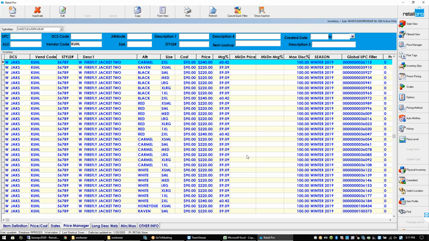So we could go in and show how you'd set up this Firefly jacket, for example, and you could do just like you've got a markdown or a compare at. And maybe, Jeff, we could just show how to put in, let's say, this product. You haven't yet sent it over to the other store, but you could do the markdown that you want. I'm trying to think what the steps would be to push that over,